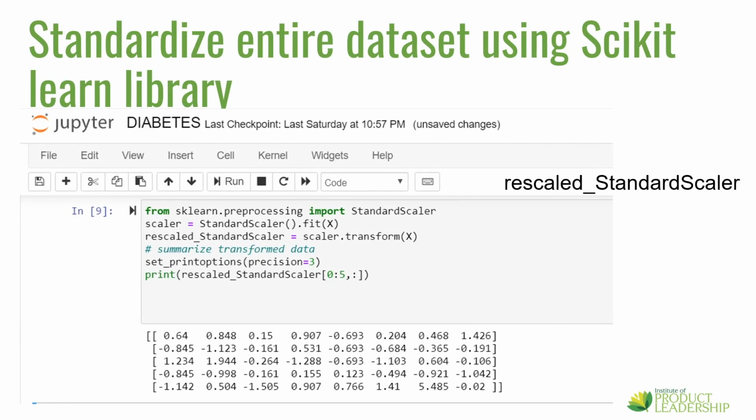Standardization is a useful technique to transform attributes with Gaussian distribution with different means and standard deviations to a standard Gaussian distribution with a mean of 0 and standard deviation of 1. It is most suitable for algorithms that assume a Gaussian distribution in the input variables, like say linear regression or logistic regression.